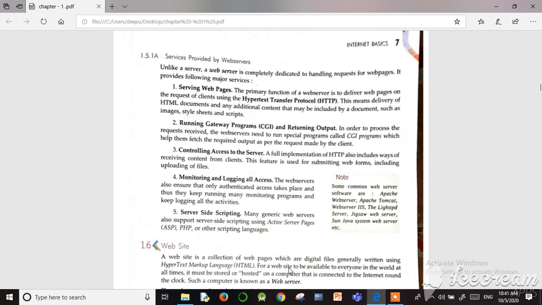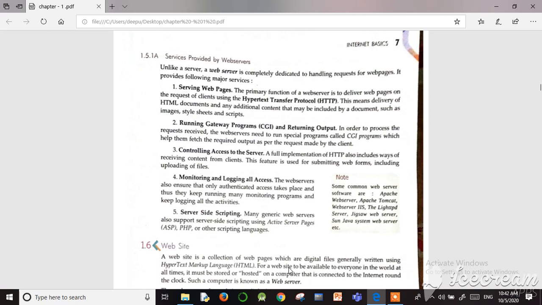Only authenticated people can get access from the particular server. The web server monitors who is logging in to take data from it, so only an authorized person is allowed to access a particular page. This is also controlled by the web server.